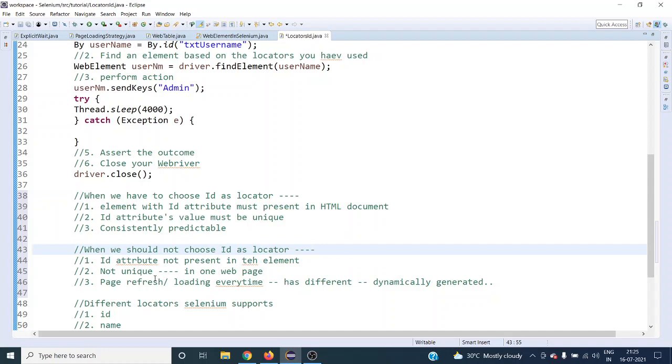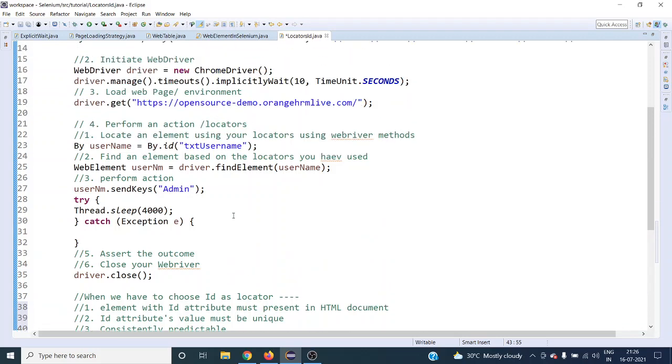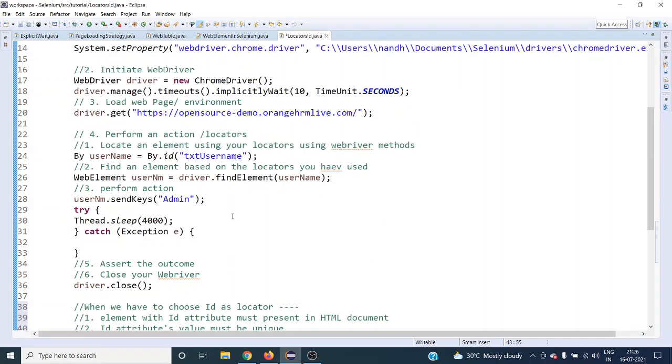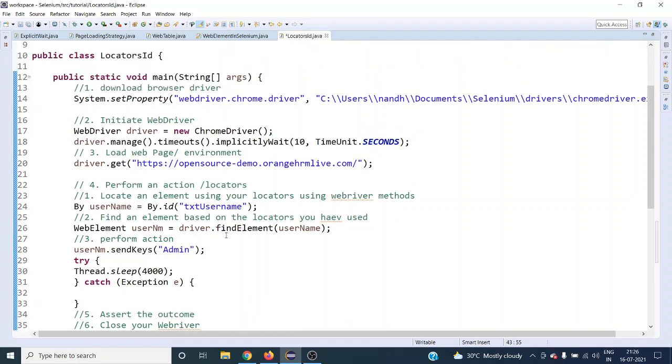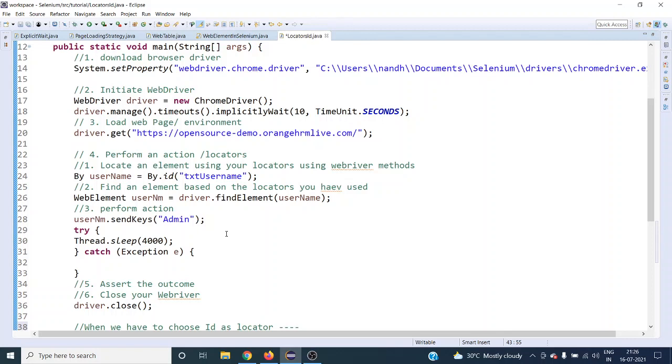We will see how to go for it when there are multiple things. In the upcoming videos we will see one by one the different locators, how we can use them, and which one is good and better. So this is all about the ID locator in Selenium WebDriver. You must concentrate on this one because it is the preferable one, and everyone suggests using the ID locator in your Selenium scripts. I hope this video was very helpful for you to learn about locators, and you must have learned something about Selenium WebDriver today.